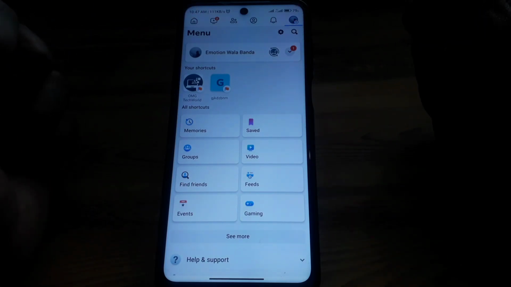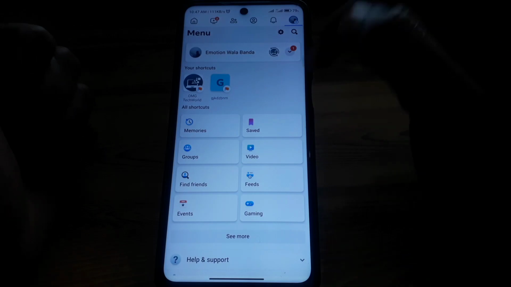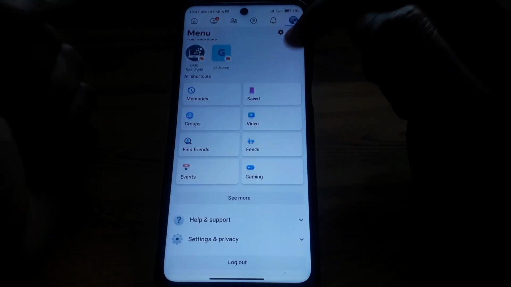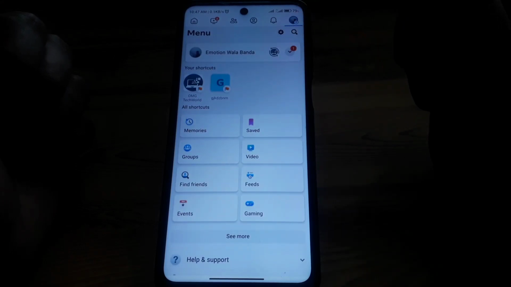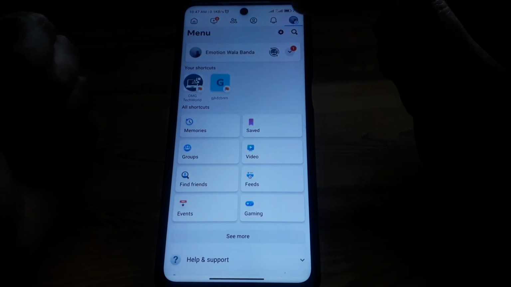If you have recently updated your Facebook app, that's why Facebook professional mode is not showing. Because in the latest update Facebook professional mode has been shifted to a new destination, so how you can